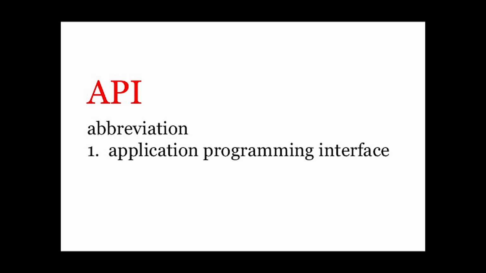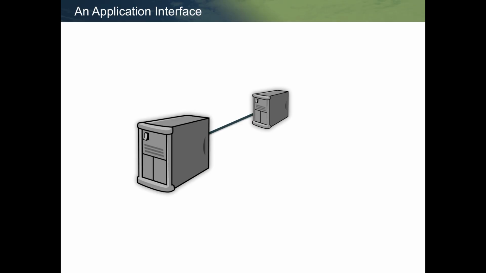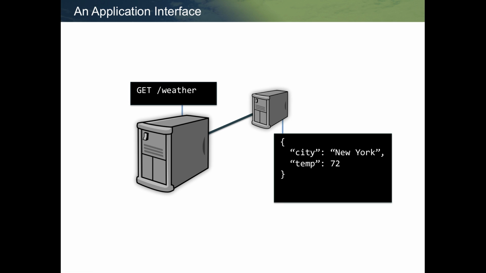It's nothing new from the early 80s, probably back as far as the 70s and 80s, when APIs were created for application programming interface, for applications to interface with other applications. The only difference now is that when I show this integration here between two applications, I'm doing a get for weather, and the response is this bit of information here, New York City, and the temperature of 72. It's just two applications talking together using this API.